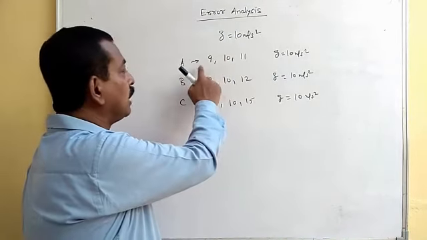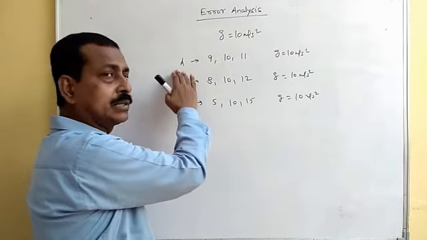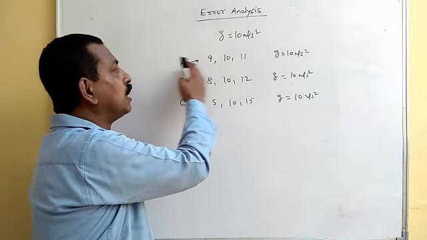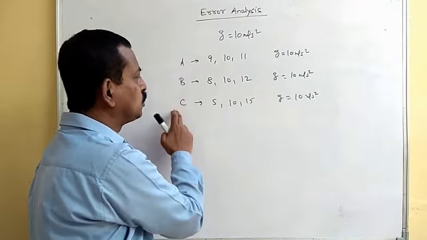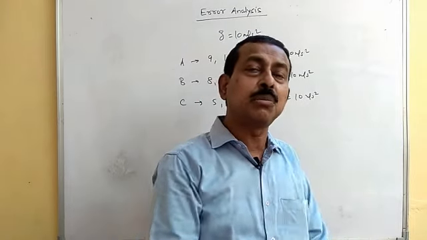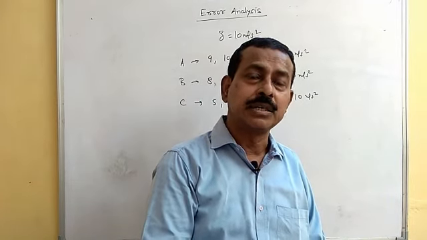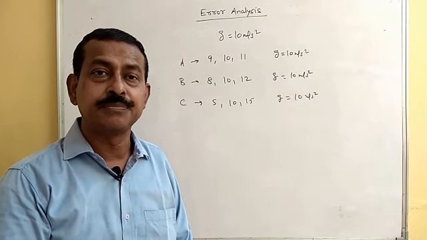No. A has performed the experiment with utmost care. Of course, error is there. And C is the one who has done the experiment with least care. But if you are just talking about the final result, in that case, we'll never be able to know how the experiment has been carried out.